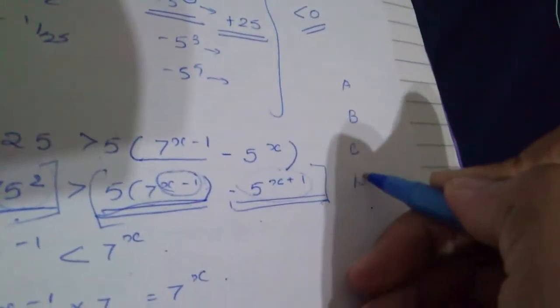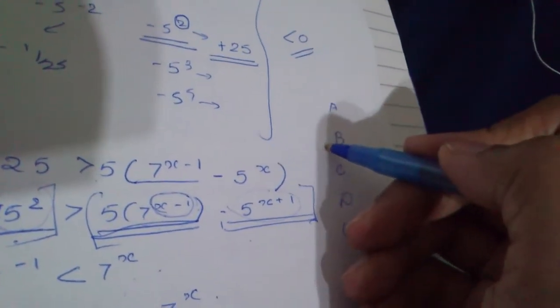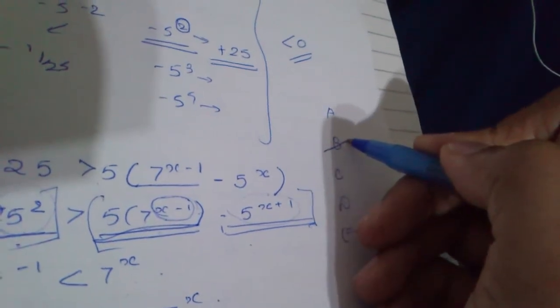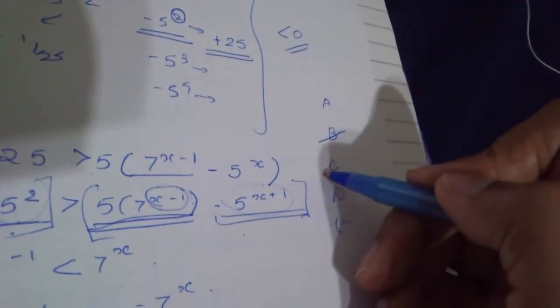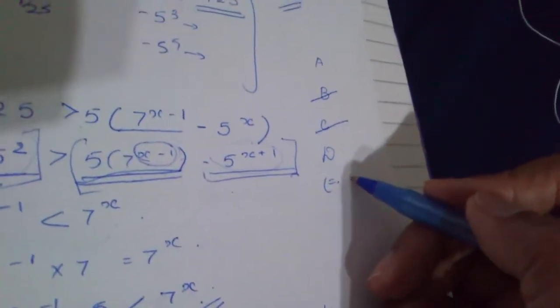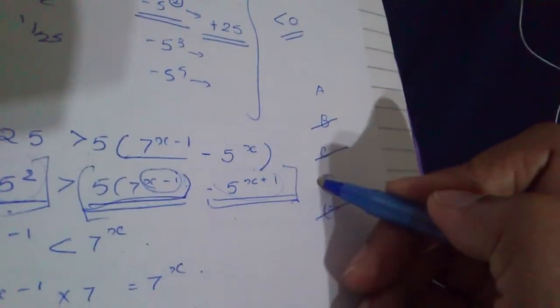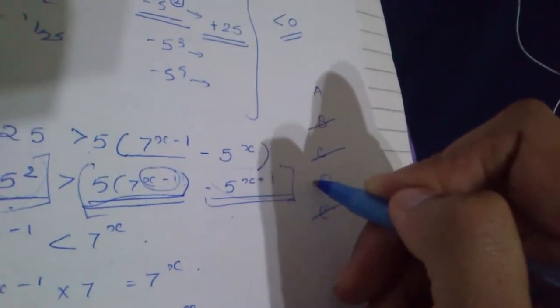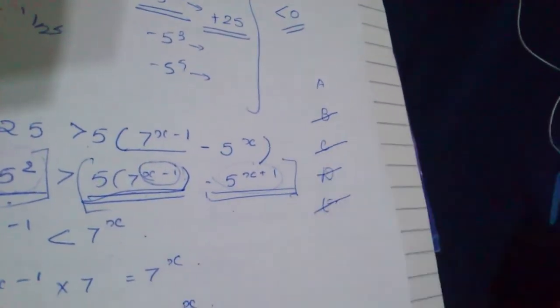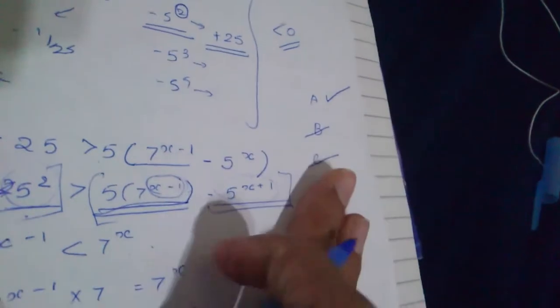Now let's see the 5 options that we have. We have these options A, B, C, D, E. We know that A is sufficient, but we know that 2 is not sufficient. So B cannot be the answer. B says that 2 is sufficient. C cannot be the answer because B is not sufficient and A is already sufficient. E also cannot be the answer because E says both of them are not sufficient, and we know that A is sufficient. D also cannot be true because it says that B is sufficient and A is sufficient individually. However, we know that the second statement was not sufficient. So A is the only possible answer, and therefore A is the answer for this.